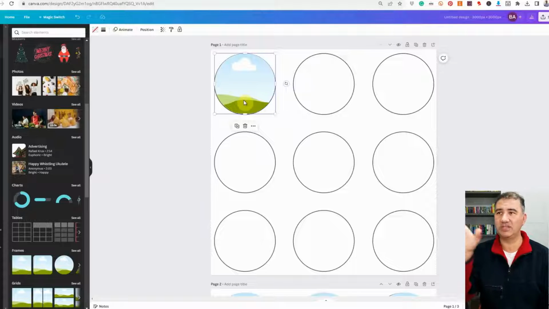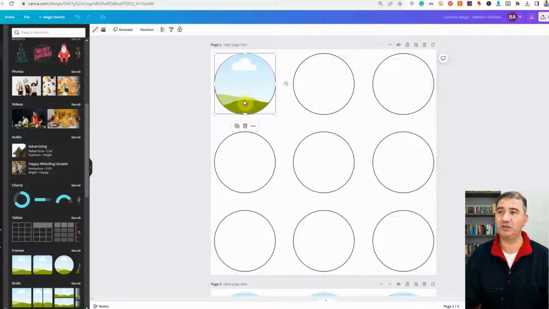Now, don't worry if you're seeing the borderline or whatnot. Once we have everything laid out and we have the images in the frames, we're going to be deleting the template, so that won't be seen, and obviously you won't have any issues when the actual sticker pack is printed after it's been purchased. Okay, so once we have that size ready,